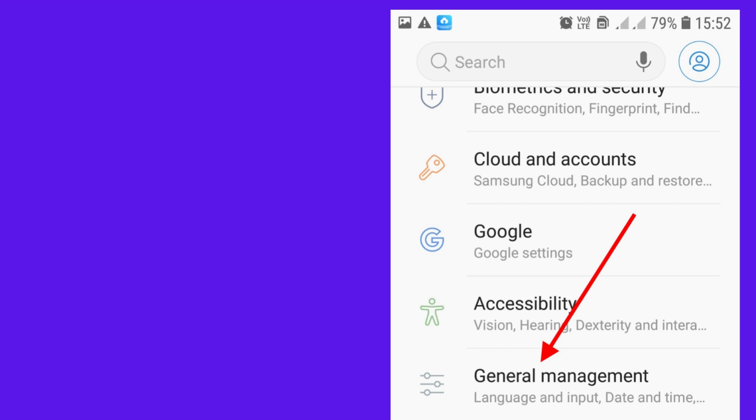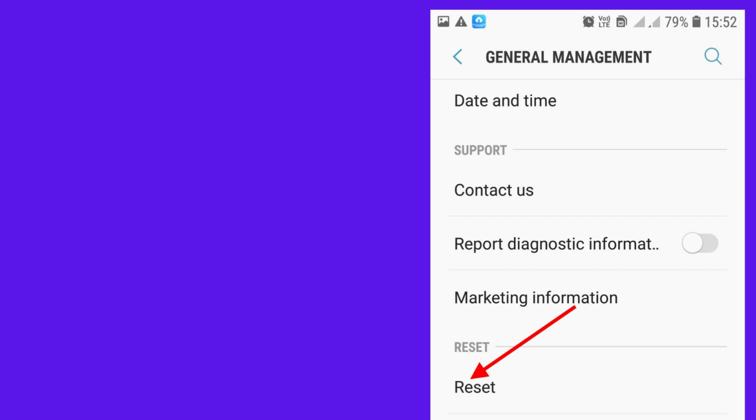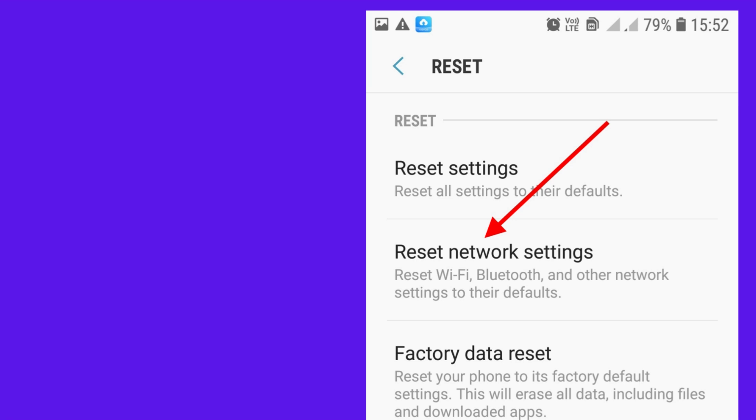Thereafter again go to settings and choose general management. Thereafter choose reset options and reset network settings. Your network error